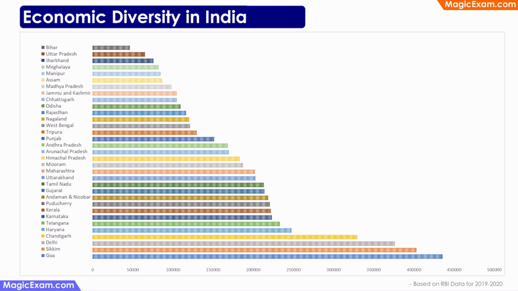And even if you look at it at a higher level, and if you consider the different states in India, and if you compare the GDP of these different states, on one end you have the relatively poorer states like Bihar, UP, Jharkhand, Meghalaya, and on the other end you have the relatively richer states like Chandigarh, Delhi, Sikkim, Goa, and you can see the kind of difference that is there in the GDP of these different states. So even if you have children from these different states sitting in the same classroom, that can also account for the fact that there is going to be a lot of individual differences just because of their socio-economic background.